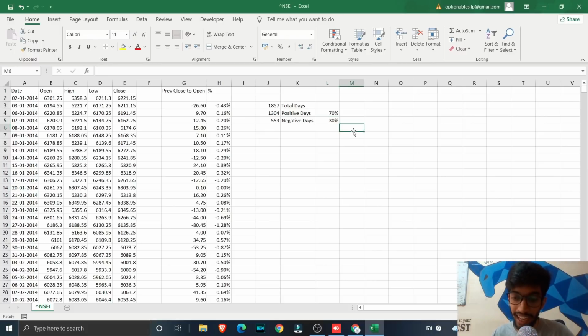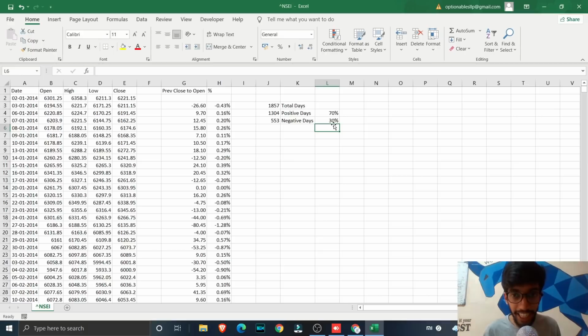So we will also have to look into one more thing, right? And that is average. So what if the total number of days where it opens negative is much higher than the percentage change when it actually opens positive? What I mean by that is, for example, let's say 70% of the times the market can open only 1% higher, whereas the remaining 30% of the times the market can actually fall 3% on an average. I'm just giving an example. Obviously, those are not the true numbers, right?